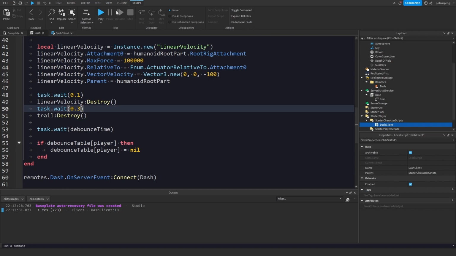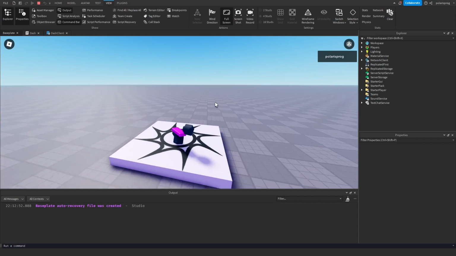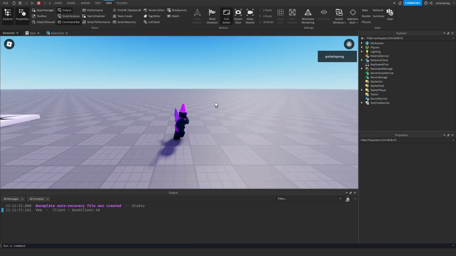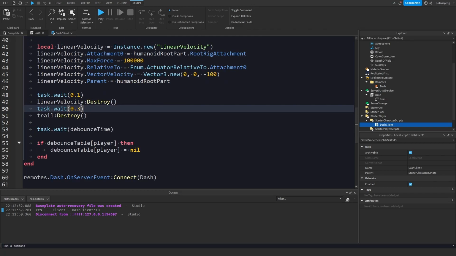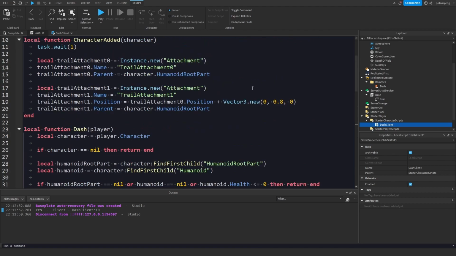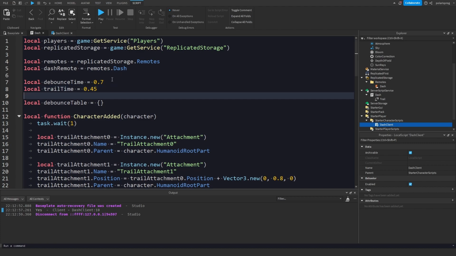So 0.3. Let's see how that's gonna look. So Q. Still too late. 0.4. Okay, we could do something in here. So local trail time, and we're gonna change that to 0.45, and